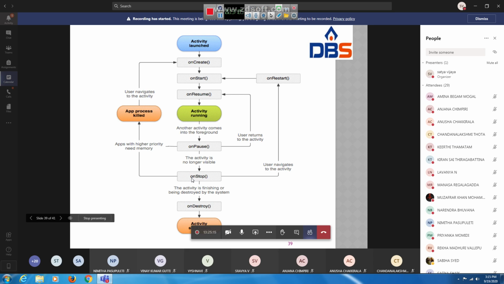These are the life cycle methods we are using in the activity: on create, on start, on resume, on pause, on stop, on destroy, on restart. These are the activity life cycle methods. Next